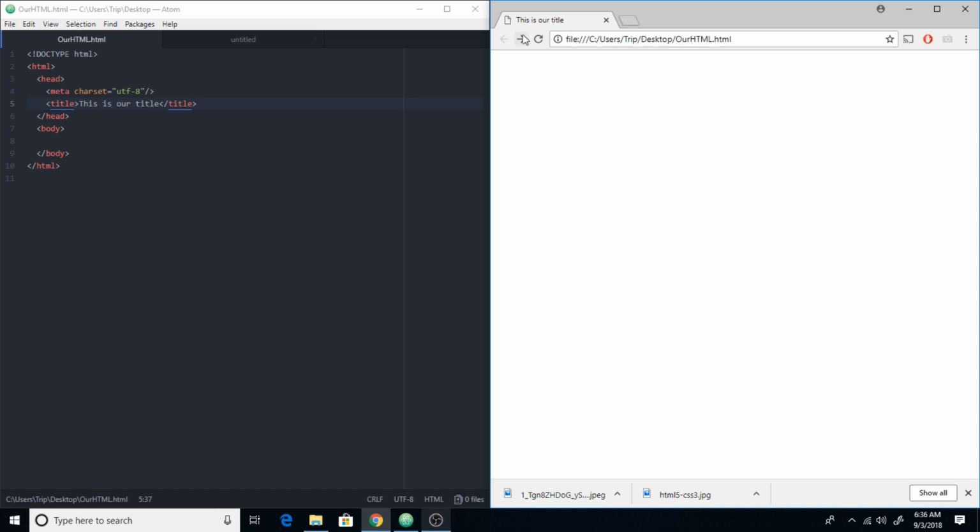So whatever you want displayed as the text up here in the tab, that will be in the head as your title. So this will be probably all we put in our head. Usually there's a lot more data that goes there, because there's a lot more behind the scenes stuff that the user doesn't need to see that will be put there. Like I said, search engines, all that extra stuff that we just have no need for just getting used to